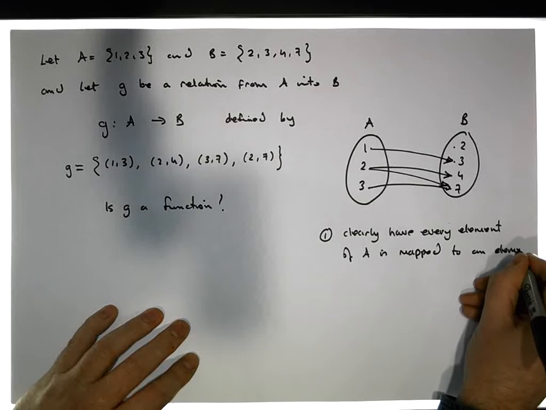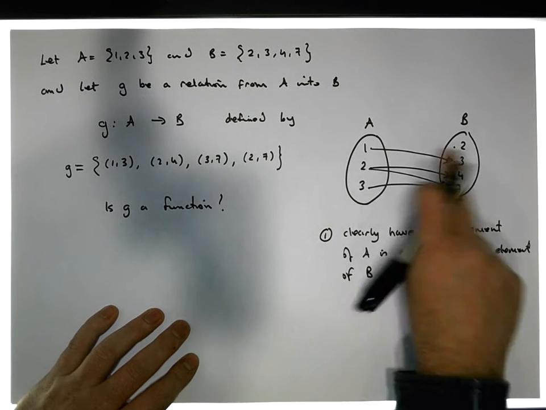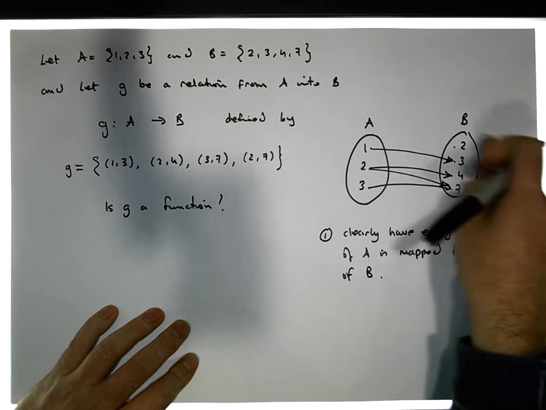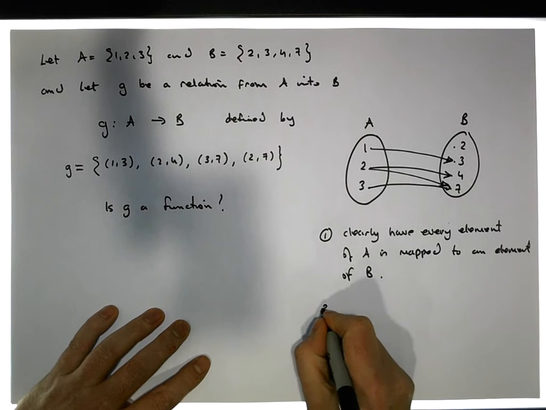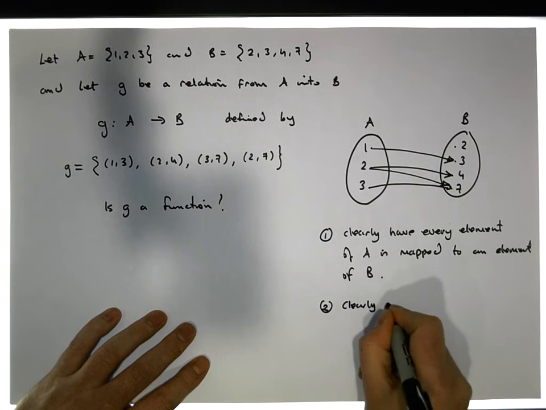to an element of B. Okay, so we have that. So we know that the first condition holds. Everything over here has an arrow going over here. But 2, okay, clearly we have